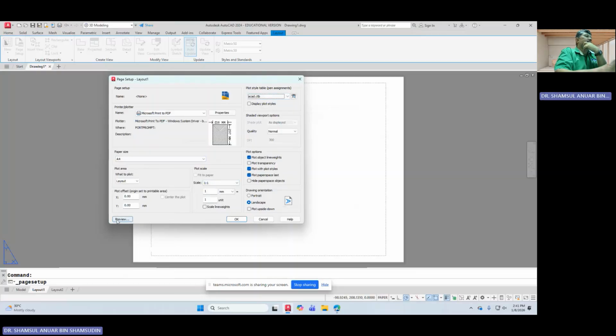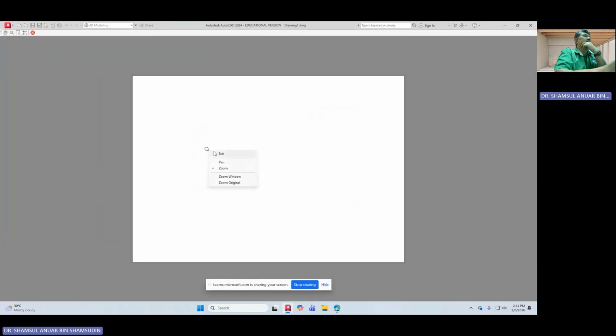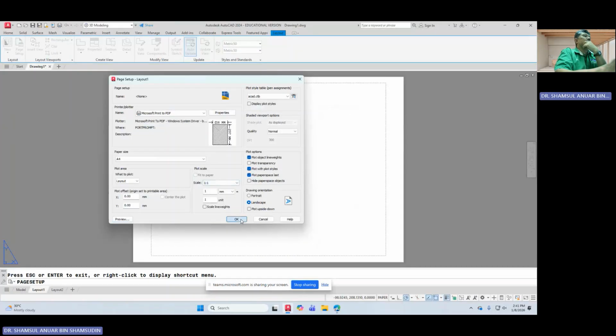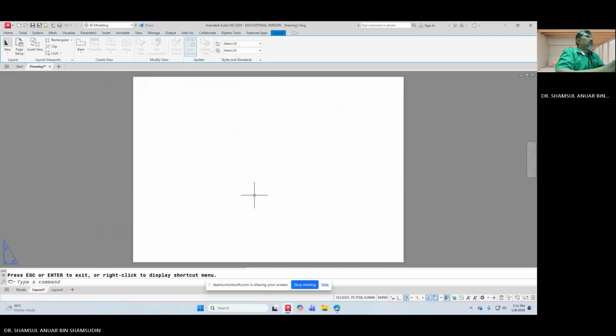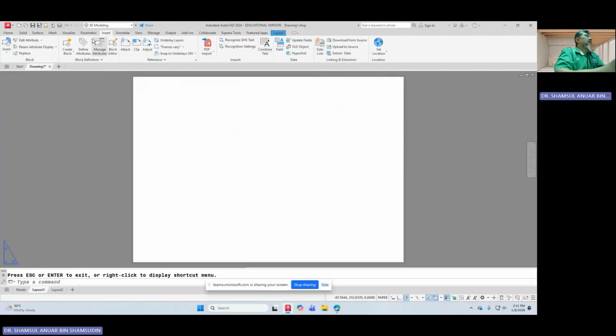And I guess you can try to preview, then exit, and then hit OK. Close it. All right, what you do next is to insert the drawing sheet,